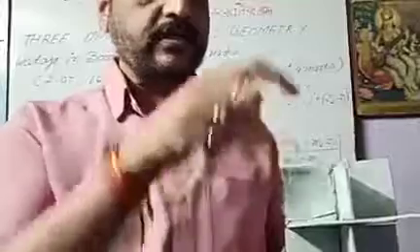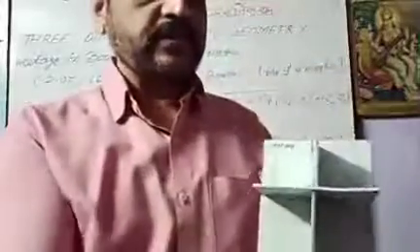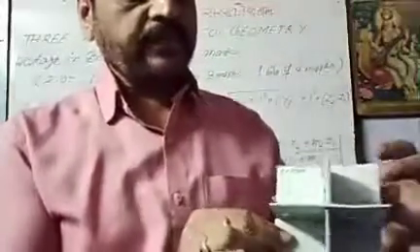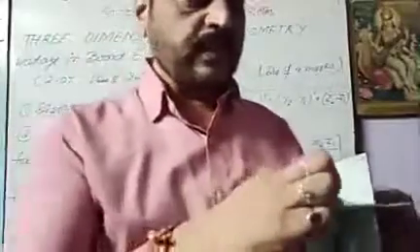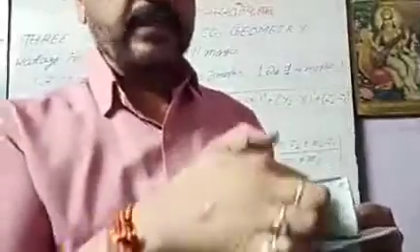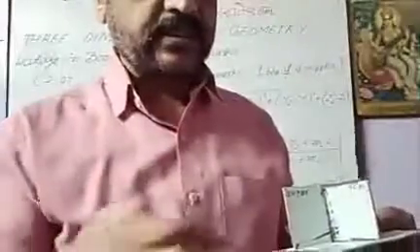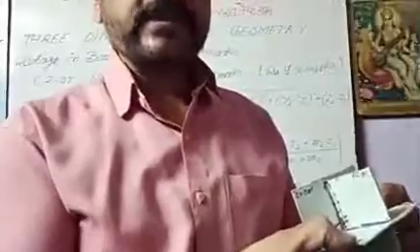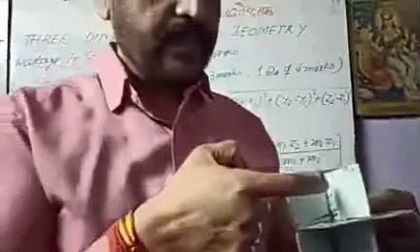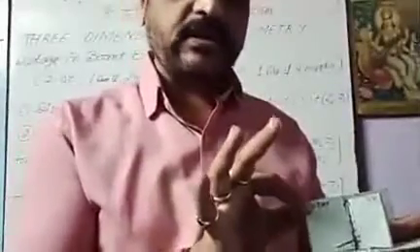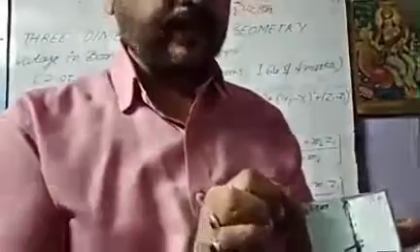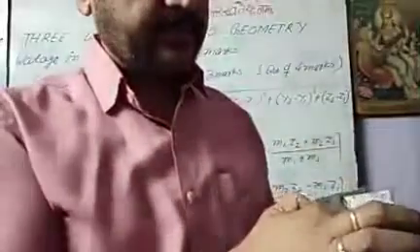This is the 1st octant, 2nd, 3rd, 4th, 5th, 6th, 7th, and 8th. And they form the 3 axes: x-axis, y-axis, and z-axis. Suppose this is the x-axis and this is the y-axis, so this plane is called the xy plane. This is the joining of the x-axis and z-axis, so it is called the zx plane, and this plane joins the y-axis and z-axis, so it is the yz plane.